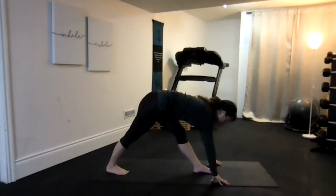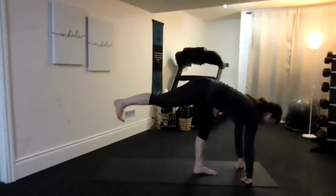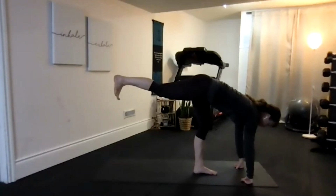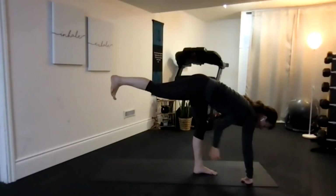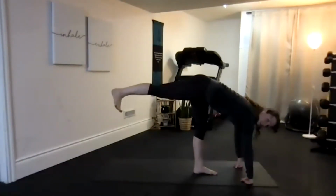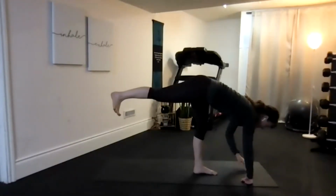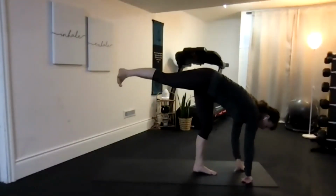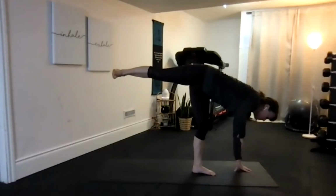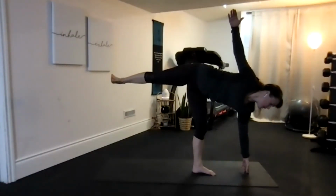Otherwise, if you'd like to do some balancing, you can work with me as we walk our hands forward, picking that left foot up off the ground into a tripod. We want to keep that right leg running up and down, perpendicular to the floor. And then that back left leg that's about parallel to the ground. You can stay in tripod, or you can take your left hand up to the ceiling as we open up the right shoulder and then flip that right hip